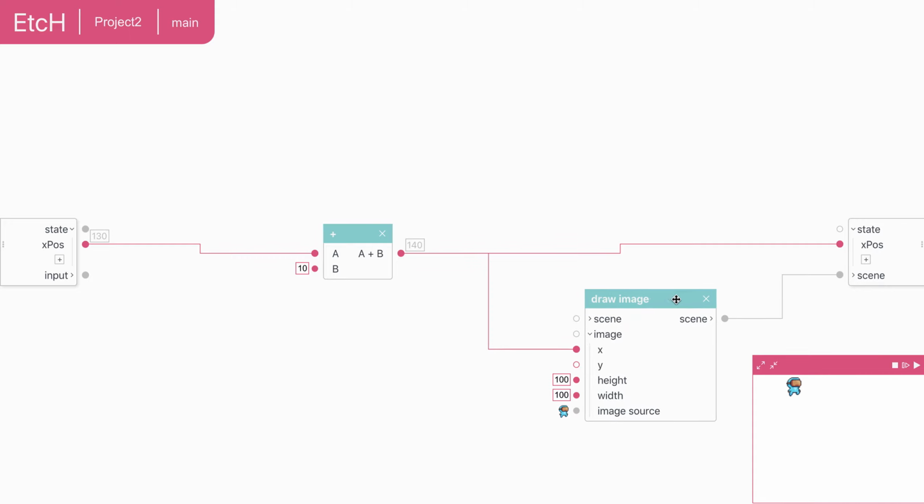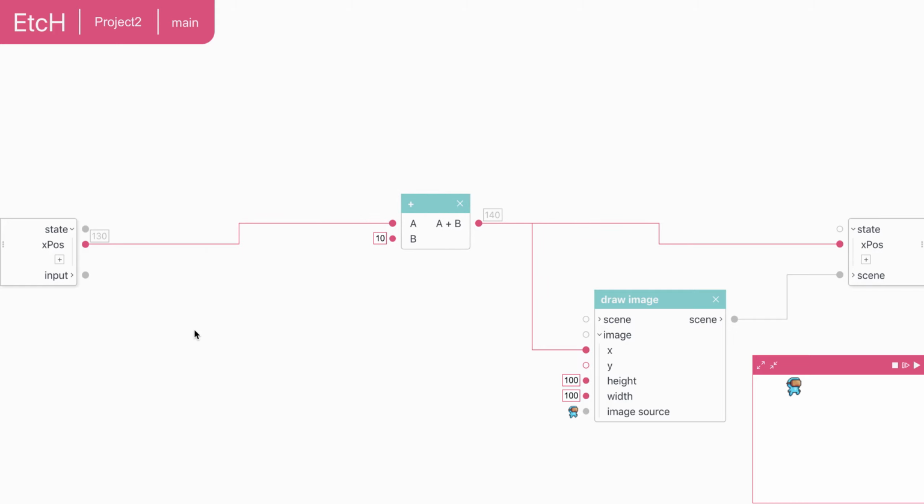Okay, so next thing we're going to do is we're going to make him move, but only when we press a button. So to do that, we're going to use EtcH down. So EtcH down looks at the keys down, so it needs the input, which in here is a list of what keys are pressed. And we're going to check a particular key. So to do that, we press here, we click on the keyboard, and we press the key we want,